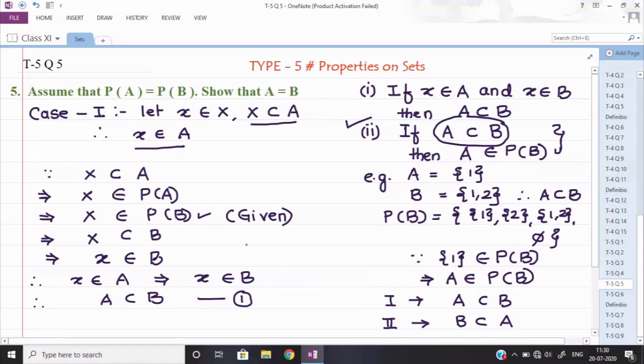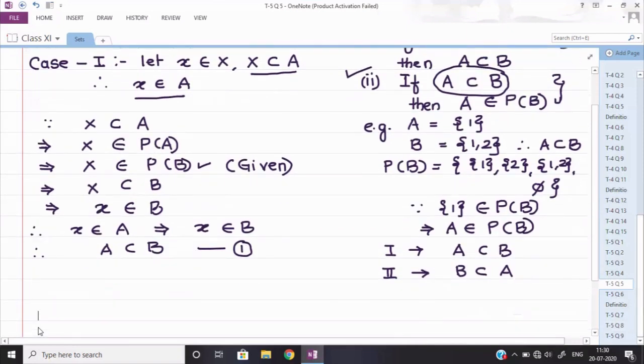So as I told you in the first part, look at the first part now. If x belongs to A and x belongs to set B, then definitely A will be a subset of B. Remember, here x we are taking as an element. Each and every element of set A lies in set B here. So we can say that A will be a subset of B. Now we are taking the second part in a similar manner. Okay, let us see carefully. Again, the same fundamental I am applying here.